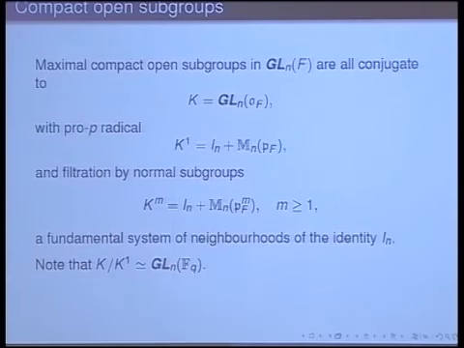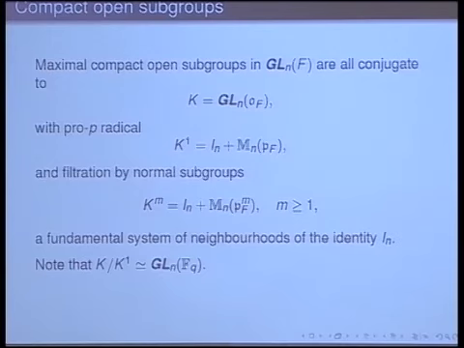One of the things that are going to be important for us are in fact the compact subgroups of these groups. And so I thought I'd start by saying a little bit about what they look like. The maximal compact subgroups in GL_N are all conjugate to GL_N with coefficients in the ring of integers, so things in there which are invertible. And any compact subgroup is in something conjugate to that.